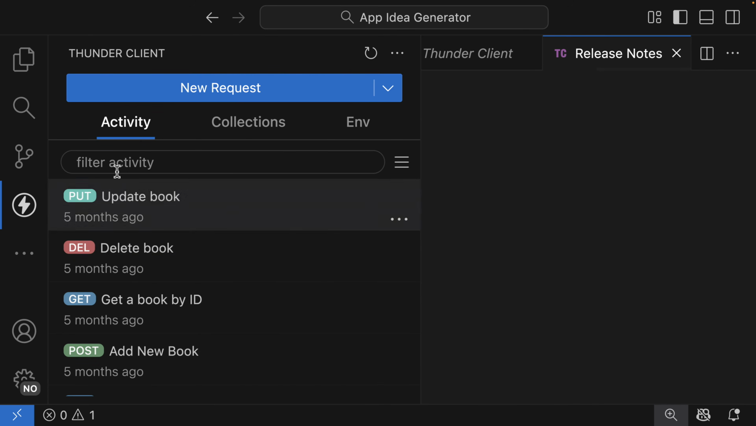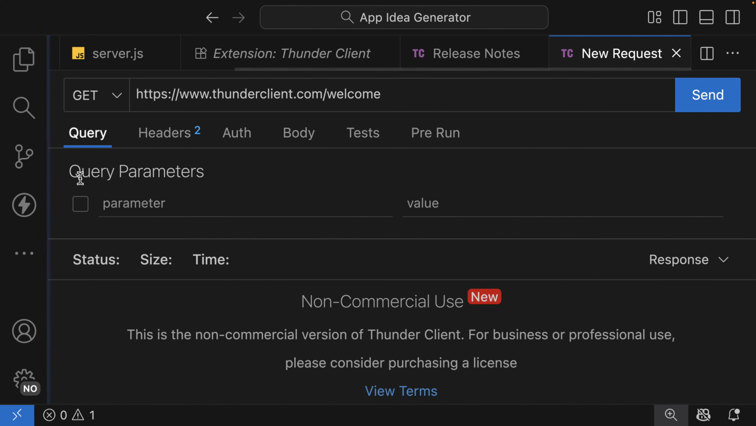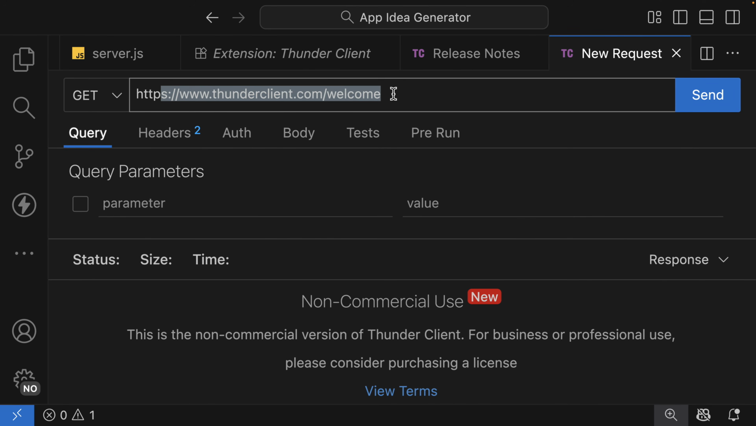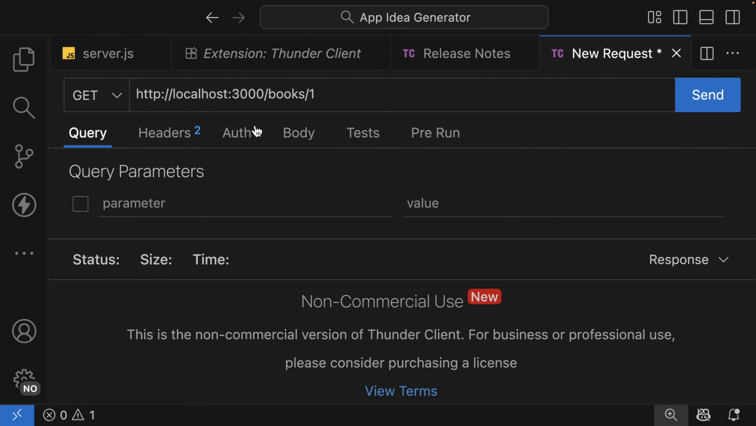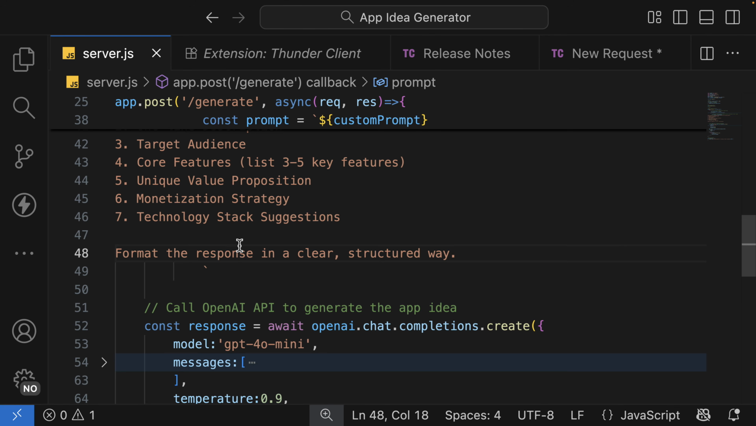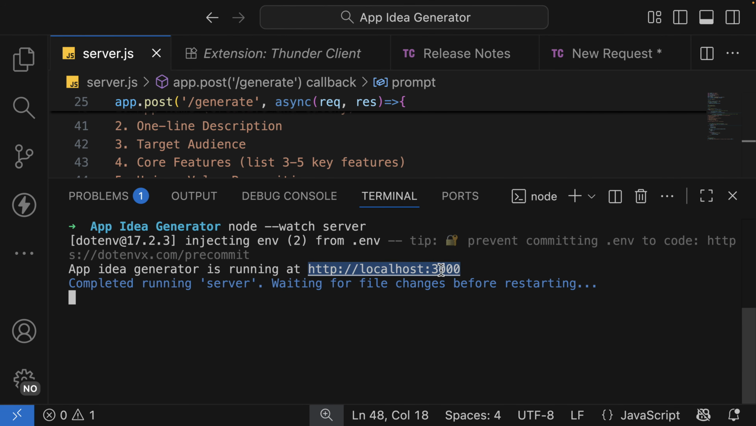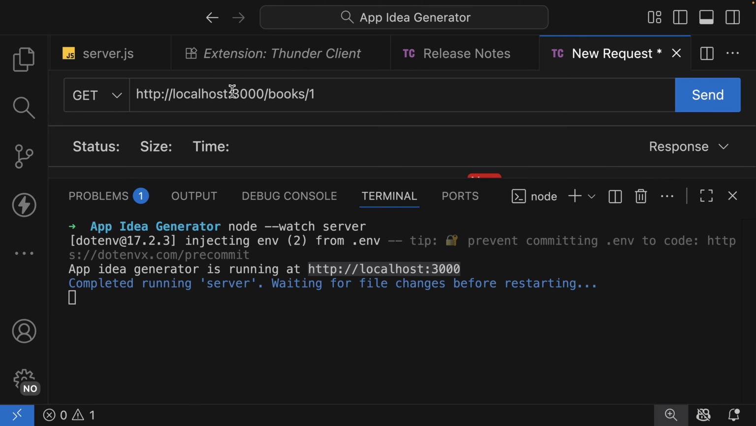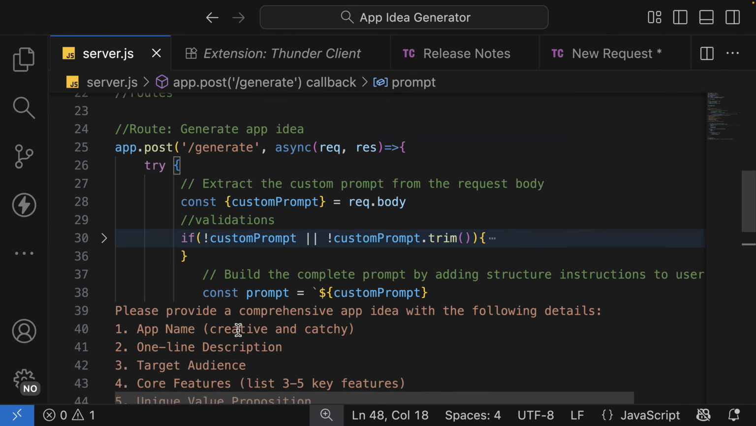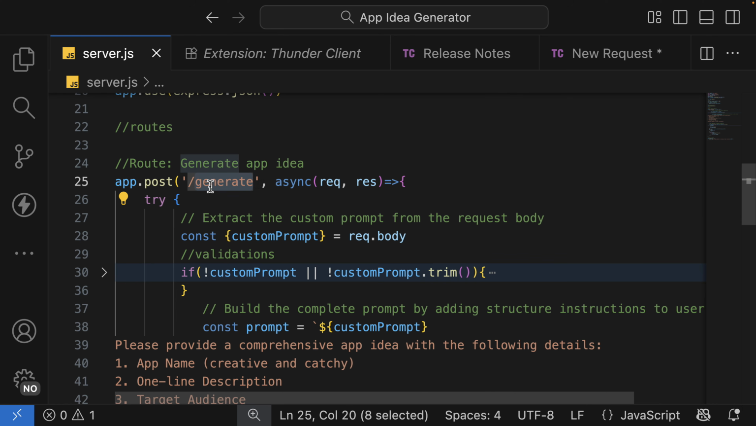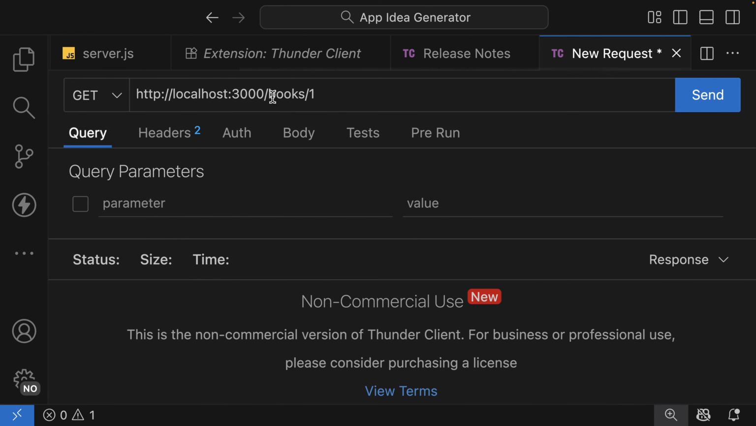At the left side, I'm going to have a new request here, and it is http://. Let me look at the port. It is 3000 here. So here 3000, and then if you look at the actual route or the endpoint, it is /generate. So here remove this, and then it's equal to